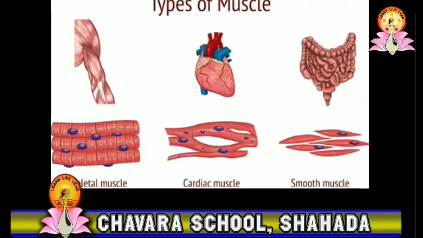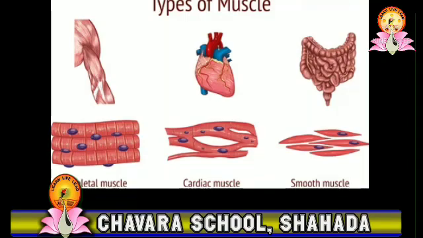So first we will study the striated muscles. Usually striated muscles are attached to the bones and are under the control of the will of an individual. The muscles in your arm move only when you want. For example, when you want to throw a ball, you move your arm. Such muscles constitute about 40% of your body weight. Some common places where striated muscles are found are arms, legs, face, and neck.